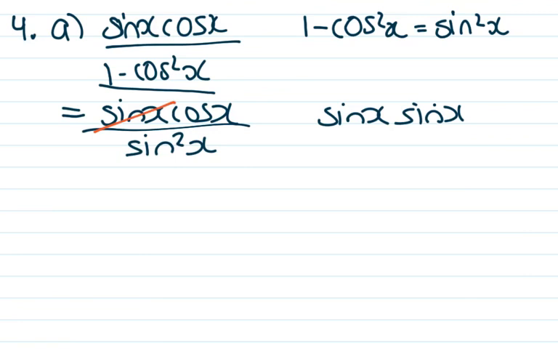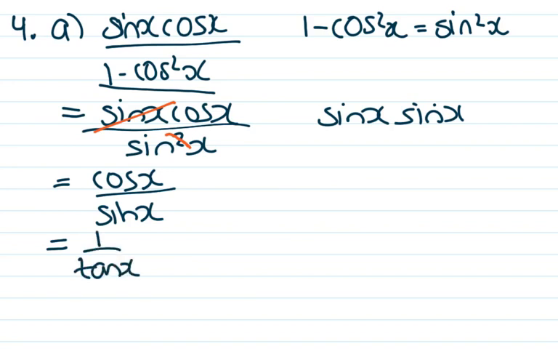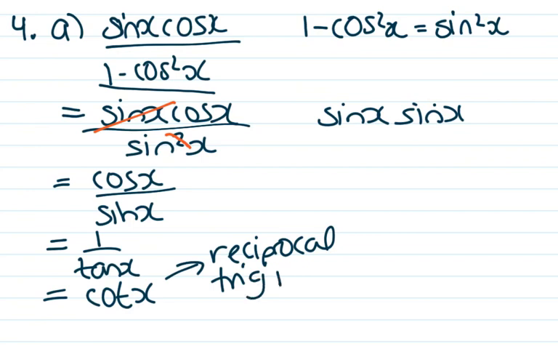So since the bottom is sine x, I can cancel out one sine x from the top and the bottom. So I'm going to cancel this one, and then I'm just going to cancel the exponent to show that I just have one left. So now I'm left with cos x over sine x, and that's almost like the quotient identity, which is equal to tan x, but it's flipped over. So it's 1 over tan x. And 1 over tan x is a reciprocal trig ratio, which is cotangent x. I'll just write that, reciprocal, and you learned about those last week. If you left it at 1 over tan x, that would also be correct, but this is the simplest version,